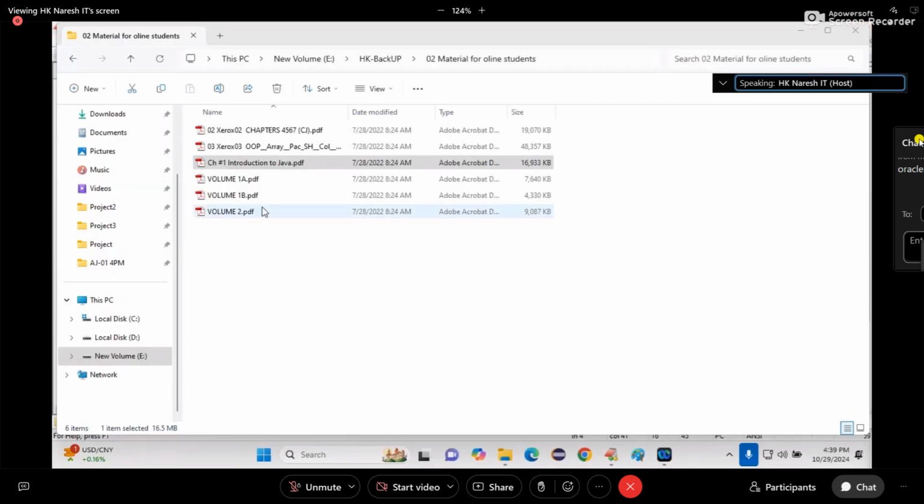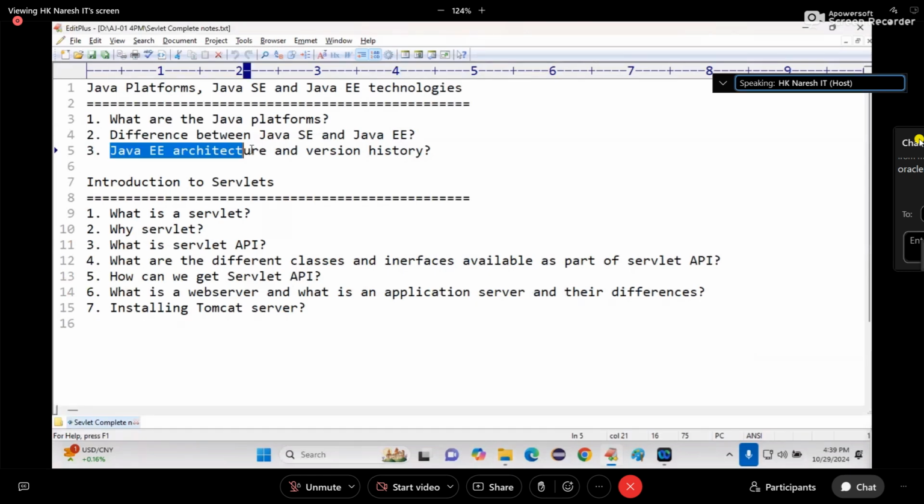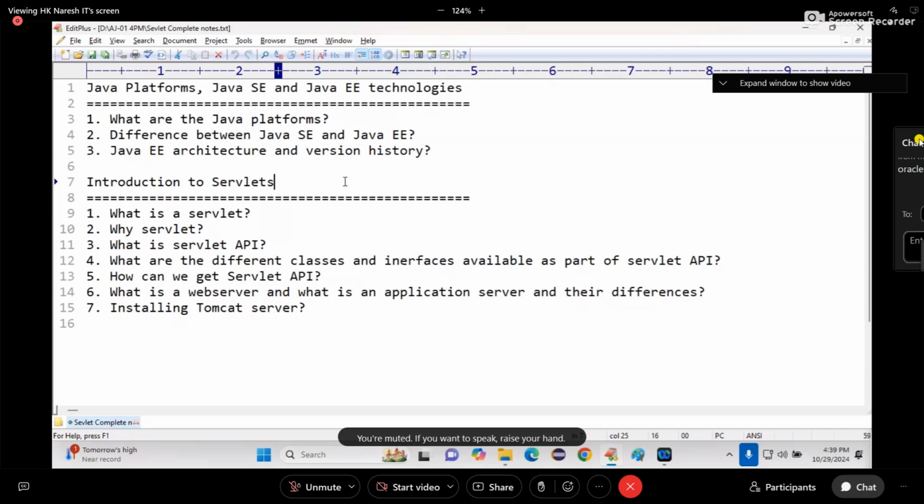Okay. Next point we need to understand: Java EE architecture.